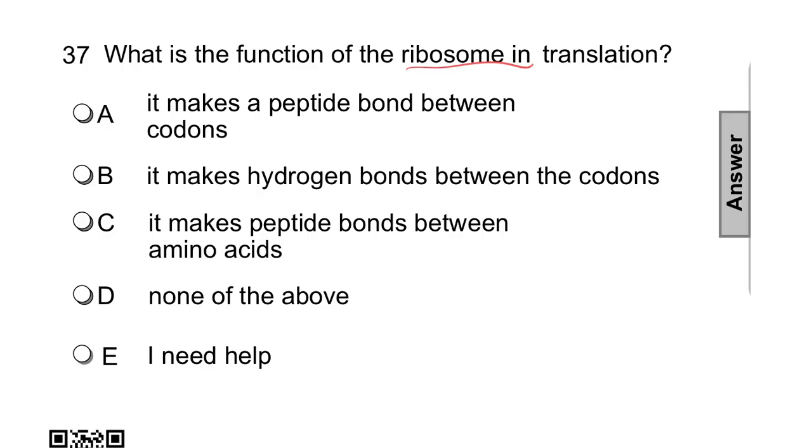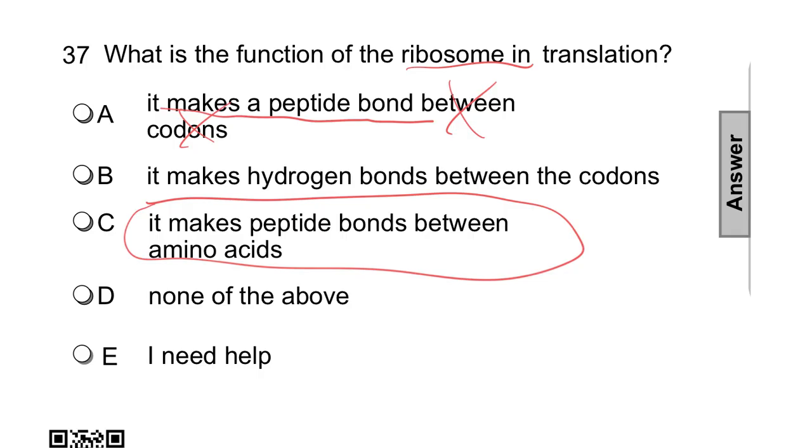It also acts like an enzyme to form the peptide bond between the amino acids of the growing protein chain. So it makes a peptide bond between codons? No, it's not between codons. It's between amino acids in the protein. So let's look at letter B. It makes hydrogen bonds between the codons. There are no hydrogen bonds between the codons. There are covalent bonds between the